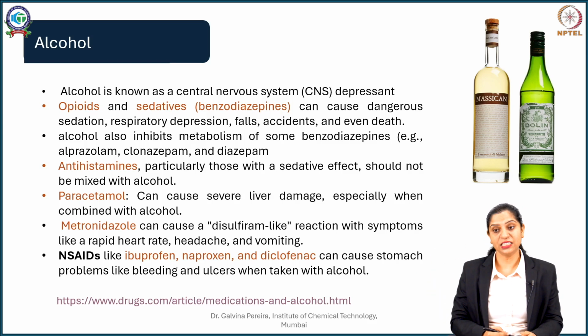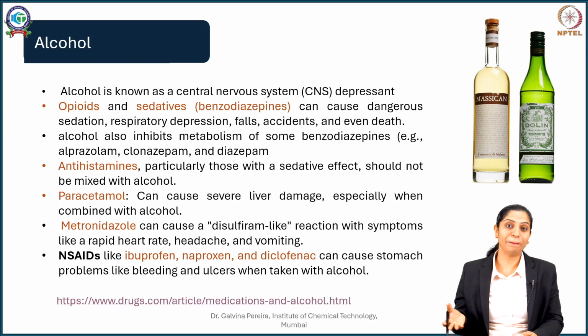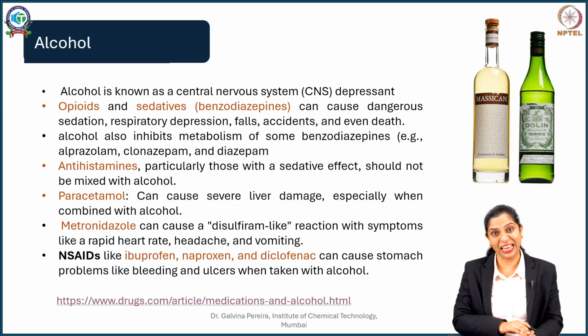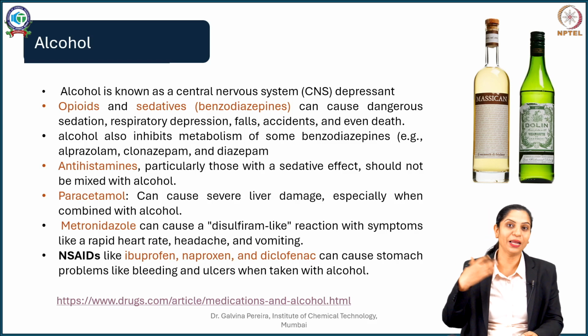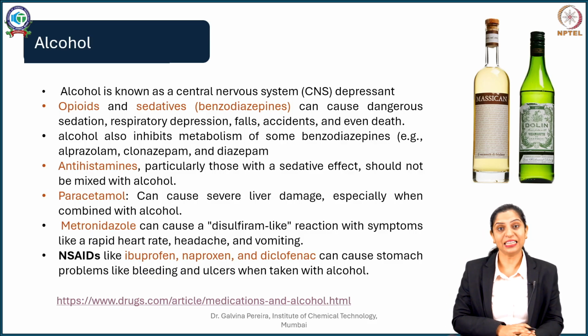Now one case is for people who are taking paracetamol for fevers, for management of pains. We take paracetamol and it's a very commonly used drug. We know that paracetamol over a period of time leads to metabolites which can impair liver function. At the same time, we know that alcohol also impairs liver function. So what is going to happen with these two moieties both impairing liver function? A person who is taking paracetamol and also taking alcohol for a long duration of time can develop